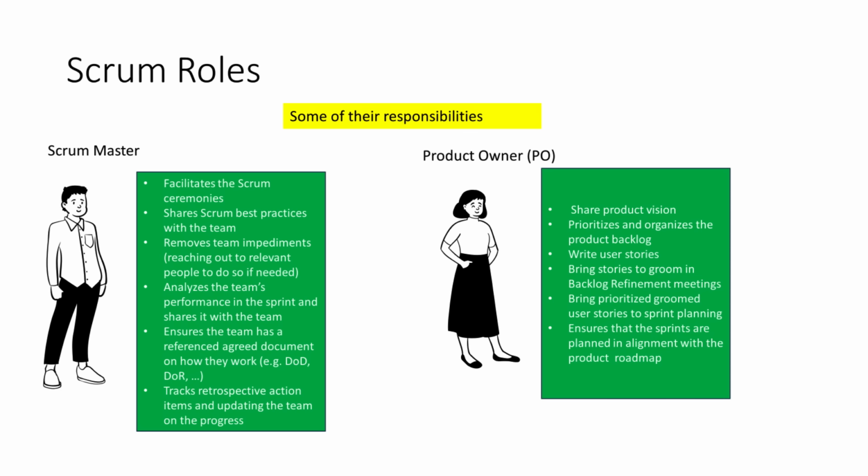The Scrum Master facilitates the Scrum ceremonies, shares Scrum best practices with the team, removes team impediments, reaching out to relevant people to do so if needed, analyzes the team's performance in the sprint and shares it with the team, ensures the team has a reference agreed document on how they work including DOR and DOD,